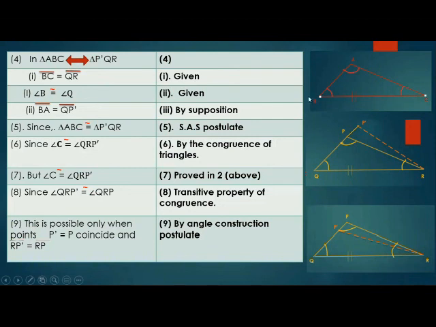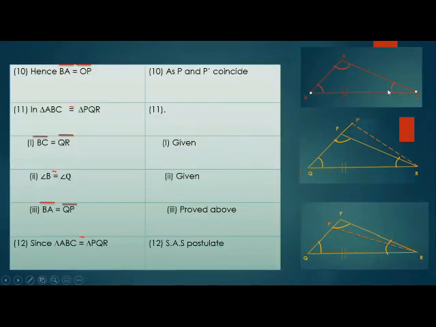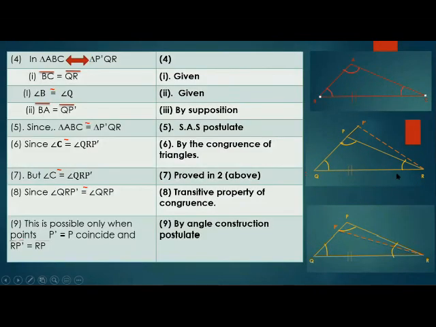So angle C is congruent to angle QRP complement. How? Because of the congruence of the triangles. We know that whenever two triangles are congruent to each other, their corresponding angles are also congruent. So angle C is congruent to angle QRP complement. But